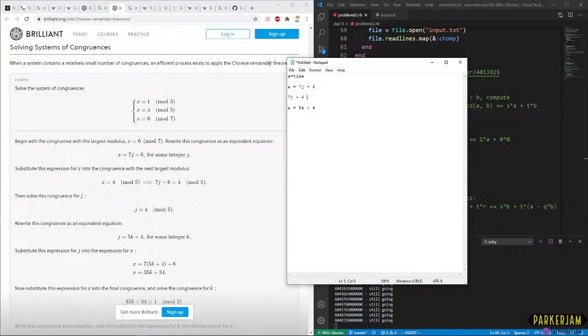7j plus 6 is the same as 4 mod 5. We know this because of our definition above, our system of equations. Then solve for the congruence of j. J for mod 5. Okay.